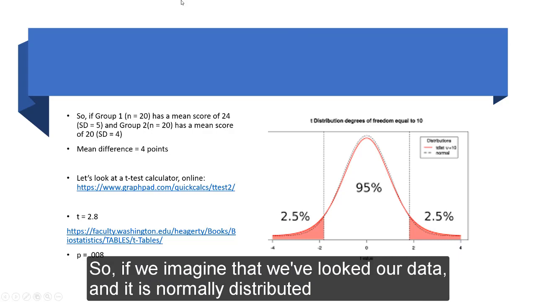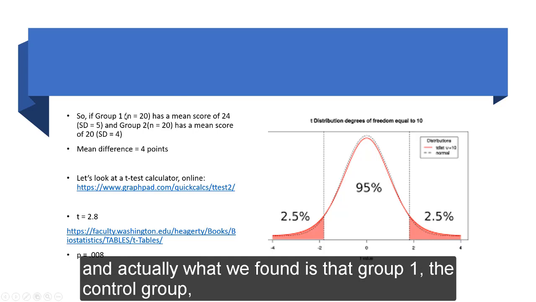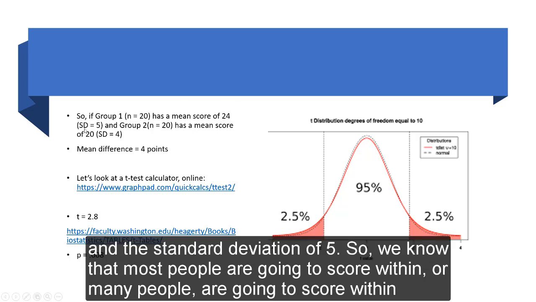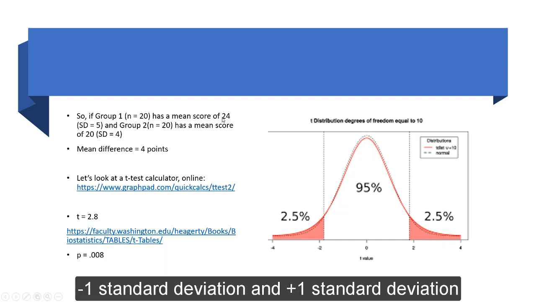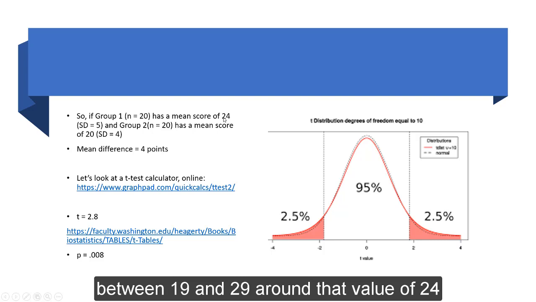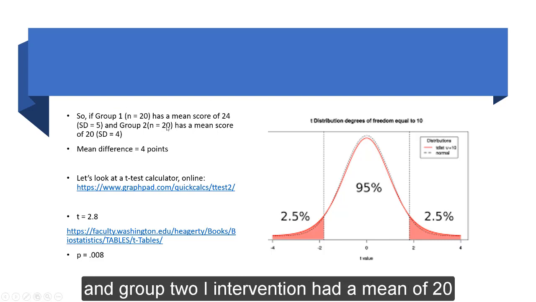So if we imagine that we've looked at our data, it is normally distributed, and actually what we found is that group 1, the control group, had 20 people in that group, and they had a mean score of 24 and a standard deviation of 5. So we know that many people are going to score within -1 standard deviation and +1 standard deviation around that. So they're going to score between 19 and 29, around that value of 24. Group 2, our intervention, had a mean of 20,